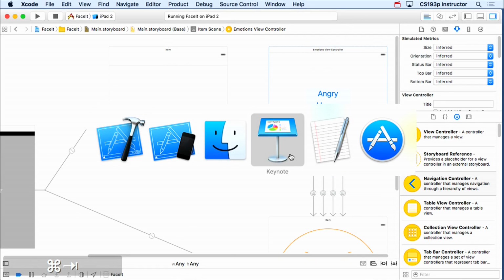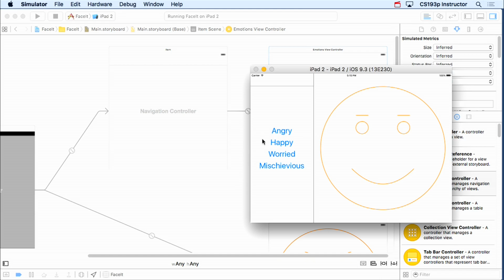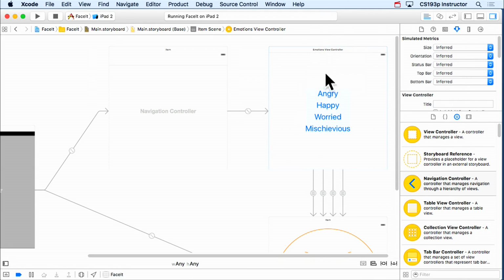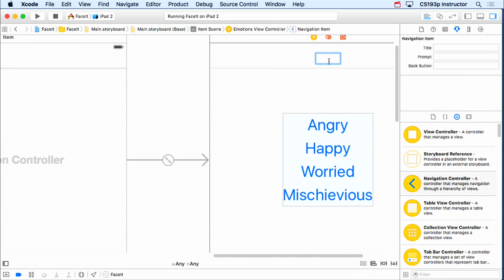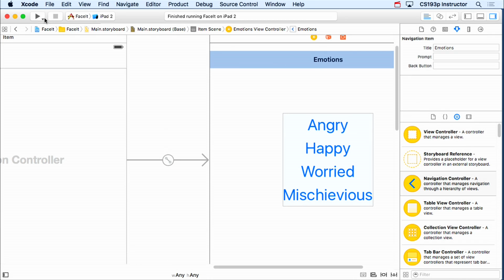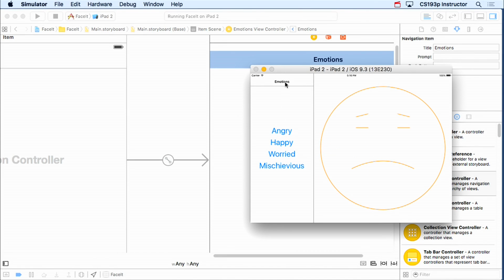So we have this little space for a title up here. So I'd like to put a title here. How do I put a title up here? Again, remember that's object-oriented. That title comes from whatever MVC happens to be showing in this navigation controller at the time. So I go to the storyboard, to that MVC, which is this one, and I can just double-click on it. So we'll call this one Emotions. Now if I run,